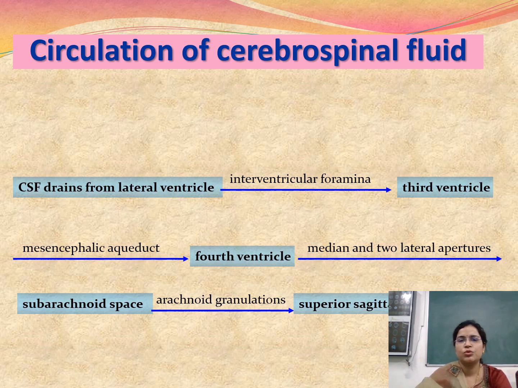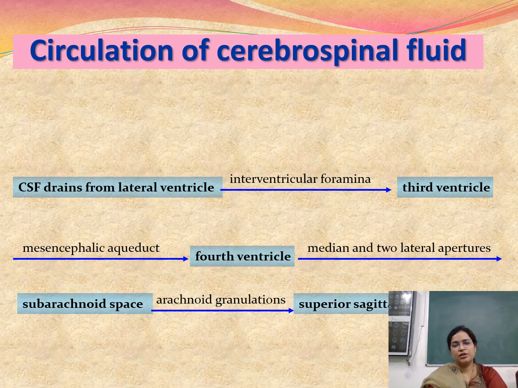Almost 80 to 90% of the CSF that is produced in the lateral ventricle goes through the interventricular foramen of Monro into the slit-like cavity between the two thalami, a vertical slit-like cavity called the third ventricle, from which it circulates into the fourth ventricle, connected via the aqueduct of Sylvius. Then from the fourth ventricle, through the median and two lateral apertures, it goes into the subarachnoid space covering the spinal cord,